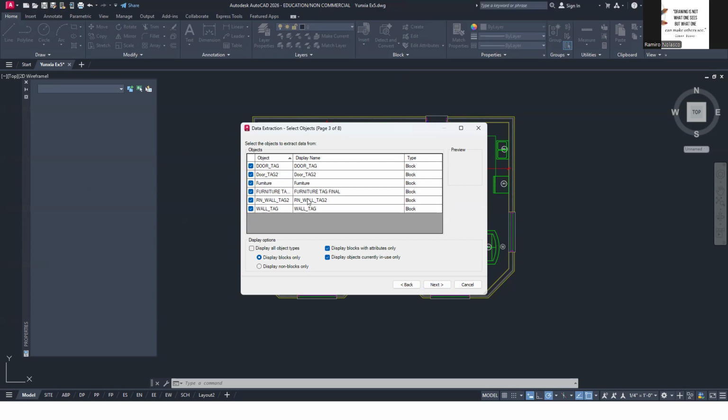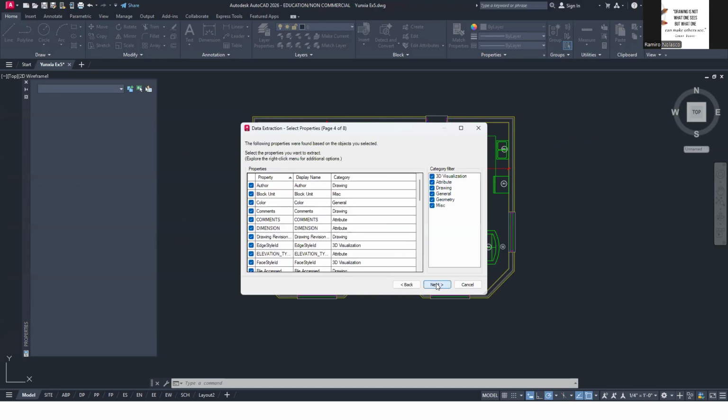I'll have some duplicates because I made duplicates. I added some, but in your case, you might not have all of this. Don't worry. Okay. So display blocks only, display blocks with attributes only, display objects currently in use. You click next, and you want to uncheck all except attributes.